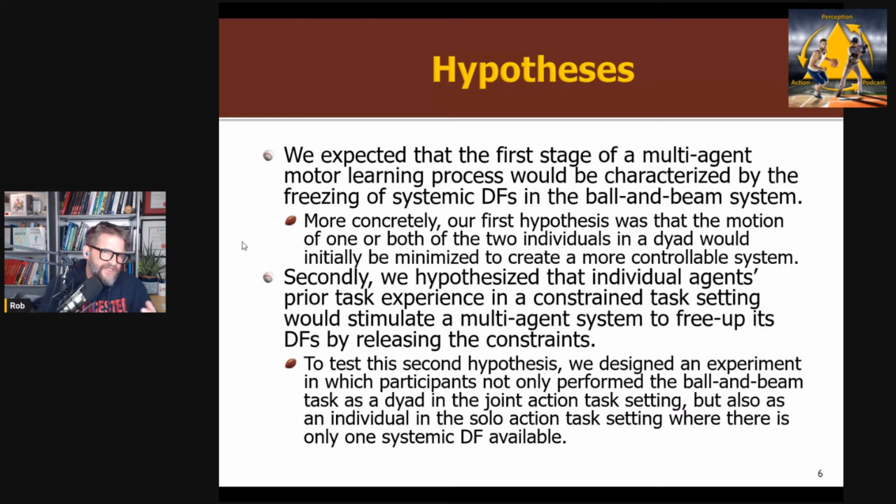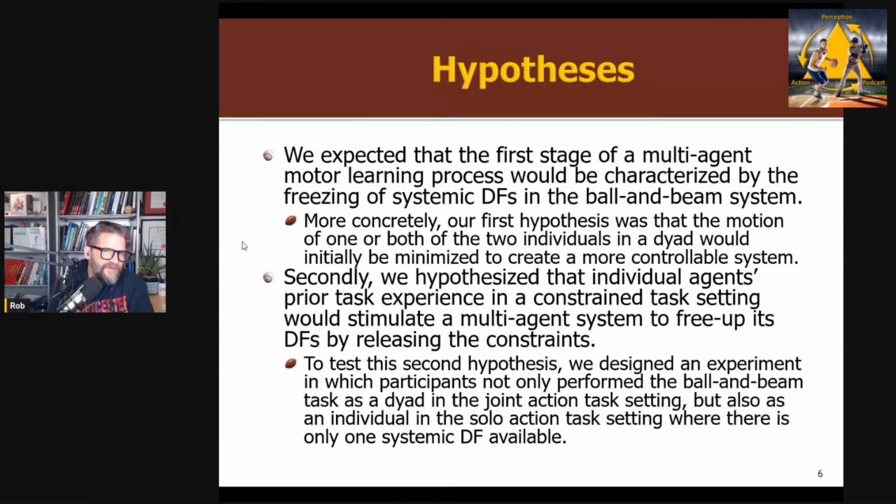And what they hypothesized, interestingly, was that this joint action learning would follow a very similar pattern to the classic Bernstein model, which I've talked about a lot on the podcast. You can Google Bernstein's degrees of freedom, freezing, right? So the idea was that initially you might see evidence of freezing, but here freezing across the system. So maybe initially we'd only use one individual moving at a time. They wouldn't be working together for the task.